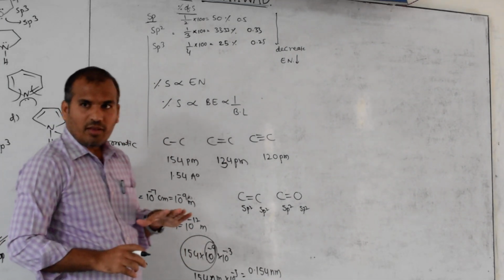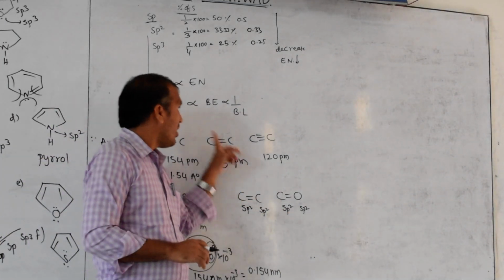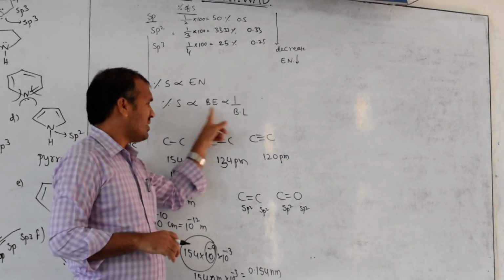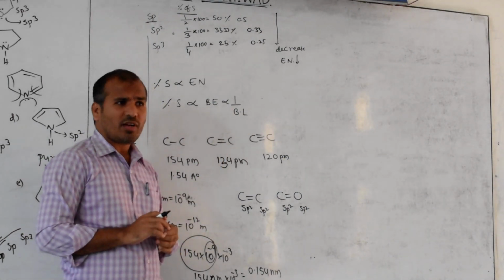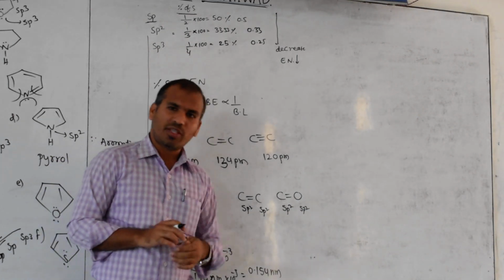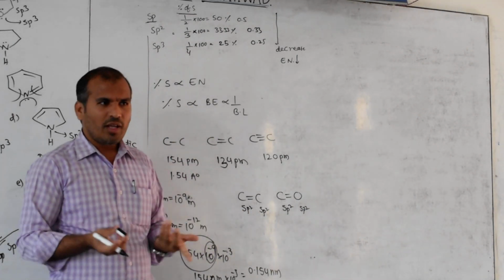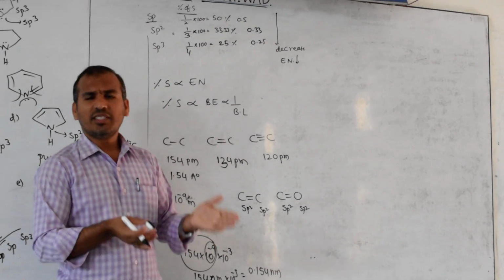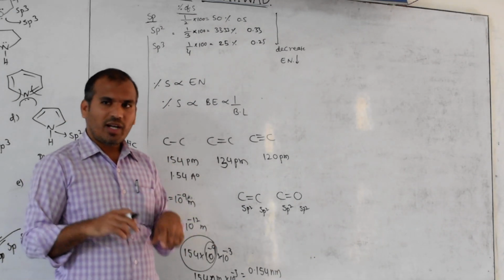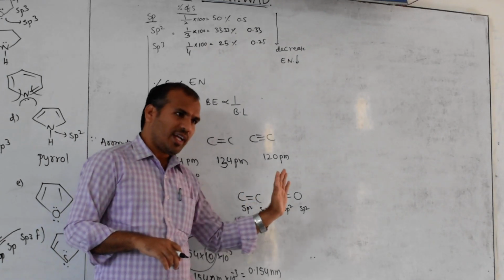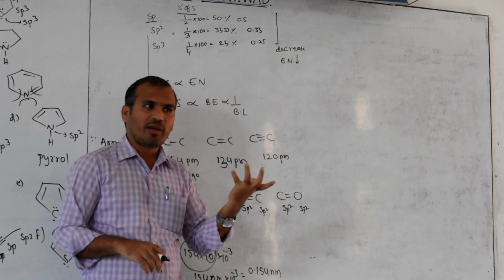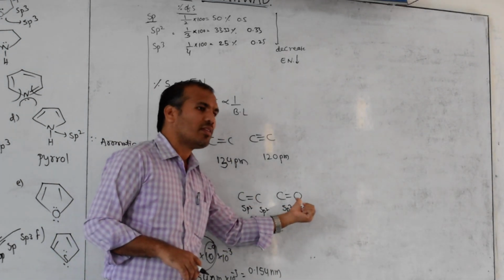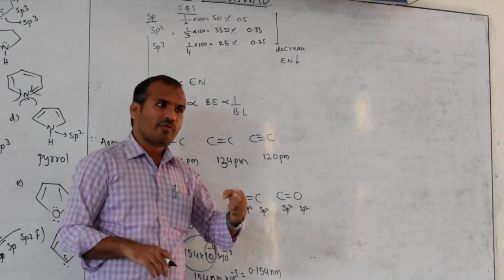But when hybridization is the same, the bond is also the same. You are thinking that the percentage of s character is inversely proportional to bond length. But both having sp2 hybridization, we think there is no change in bond length. When there is a change in bond length, there is a change in bond energy. But observe left to right, what happened to atom size? It decreases. When atom size decreases, the bond formed is also smaller. A smaller bond requires more energy to break.